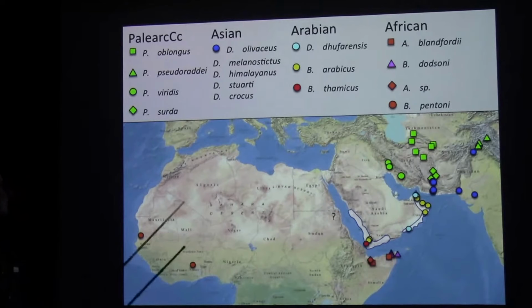Well, we're calling these Bufo pintoni, but are they really Bufo pintoni? Because the type locality for Bufo pintoni is right here in Port Sudan, which is completely on the opposite side of the continent. So just solving that question mark